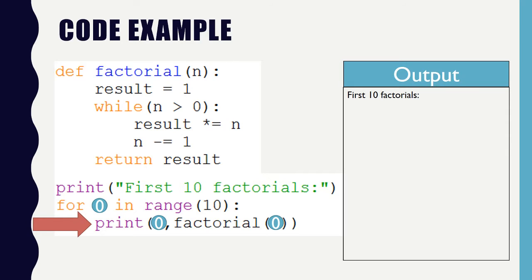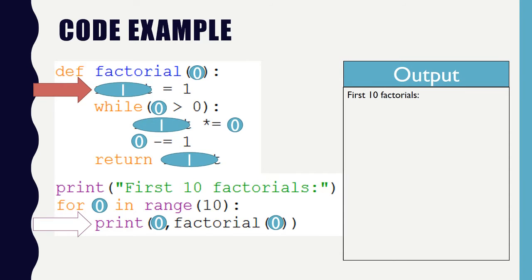We don't know what the factorial of 0 is yet, so we're going to pause here and jump to the function definition that we've defined earlier. Now we're asking for the factorial of 0, so we take that 0 and we put it in everywhere we saw n in the factorial function. And we start running this code instead. So we look at result, we put 1 in the result variable, and we go through, and eventually we return